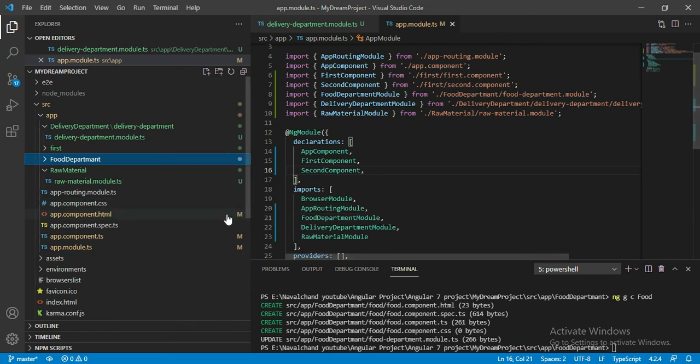In this video we saw how to create a model and why we create a model, and also how to improve the code readability using models. And how to create a component and add those components inside the models. In the next video we will see data binding and also ng-template. Bye bye.